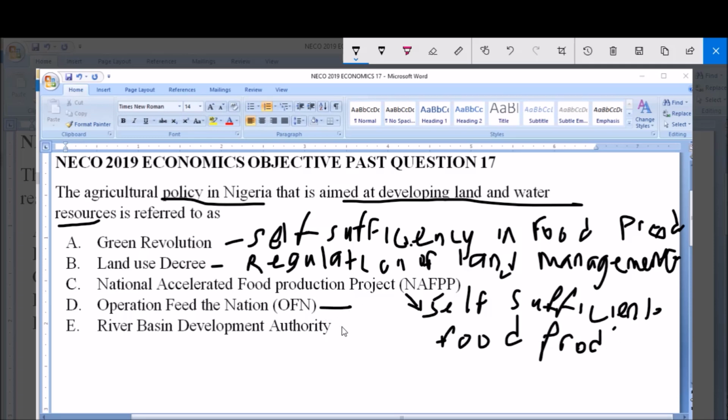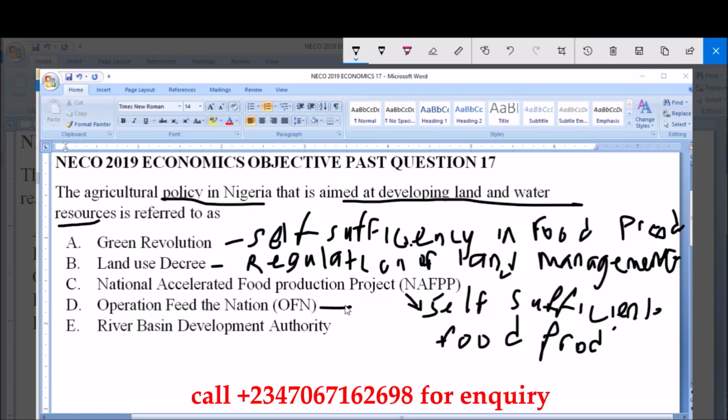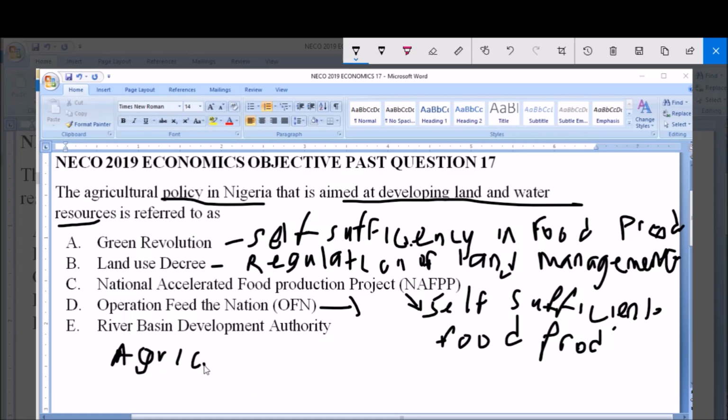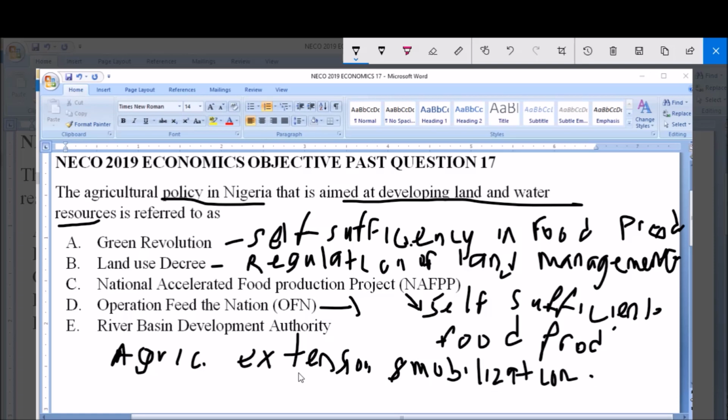Now, for Operation Feed the Nation, that was established for the purpose of agricultural extension and mobilization. Agricultural extension and mobilization. Then for River Basin Development Authority, that was established for the purpose of